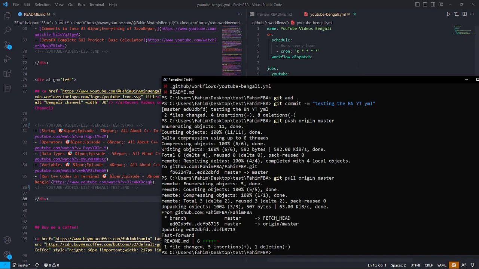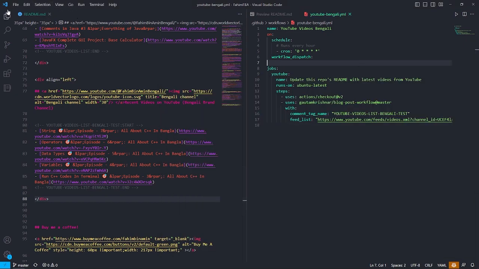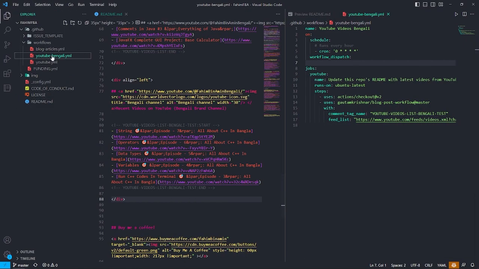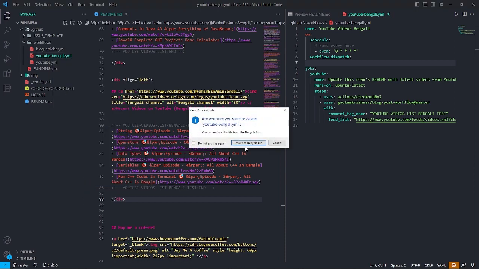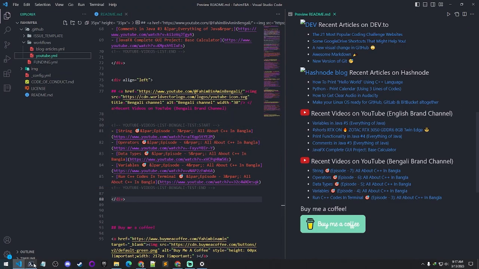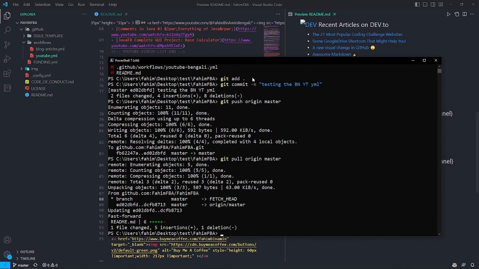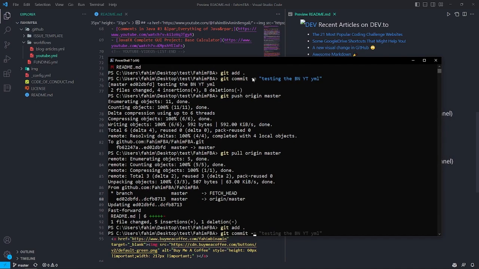I have added the changes. All right, now what I need to do is simply delete this YAML file, and let me commit the changes as well. For example, git add, git commit, remove Bengali YouTube ML,